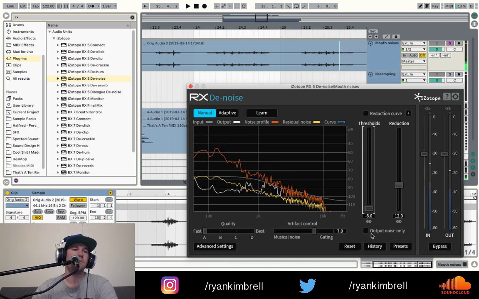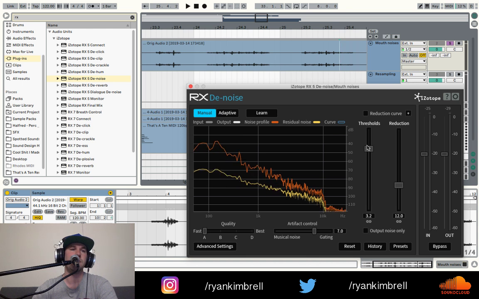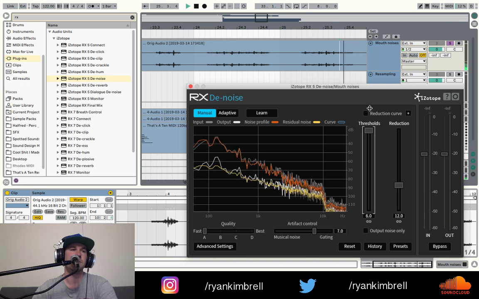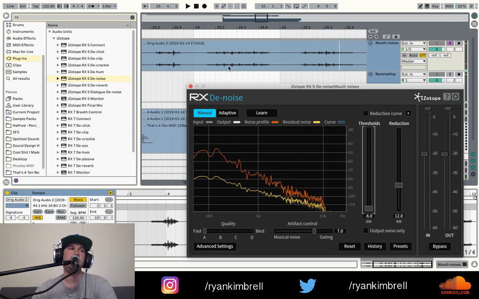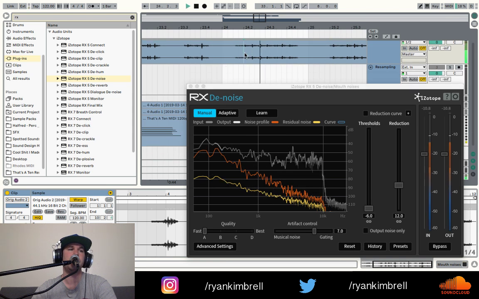Yeah, so with this much reduction, you can hear when I turn up the threshold. When I turn it down, it's much louder. So compare it to something like this.